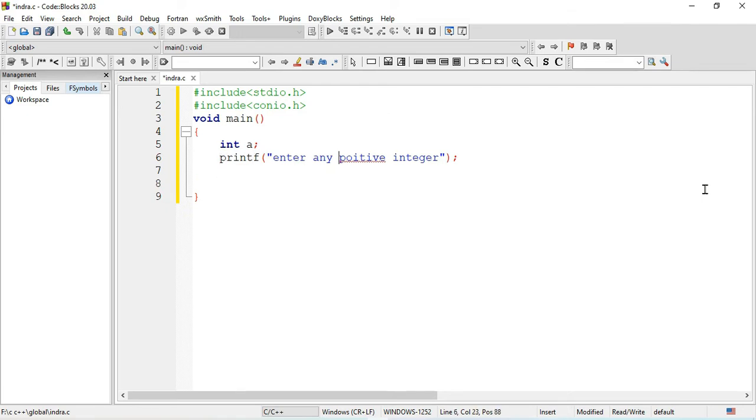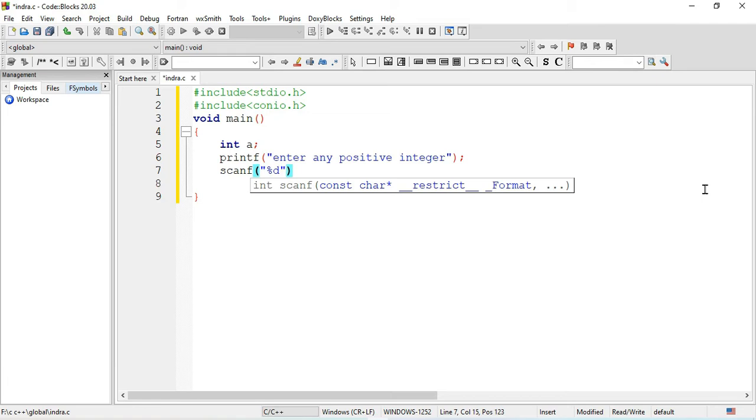Okay, there is a spelling mistake here. Let's accept that number by taking the scanf function, and inside the scanf we have to mention the format specifier %d for accepting the integer number, which is stored in the variable a.